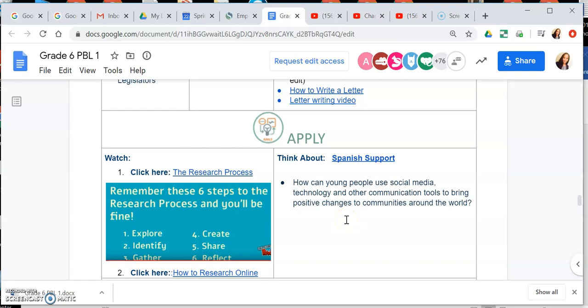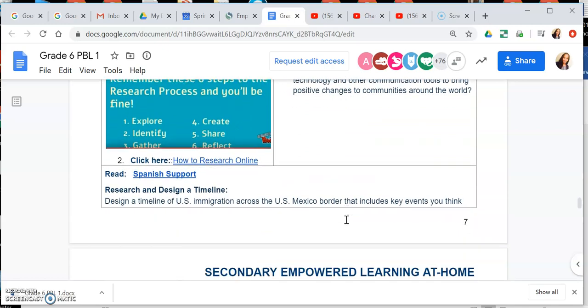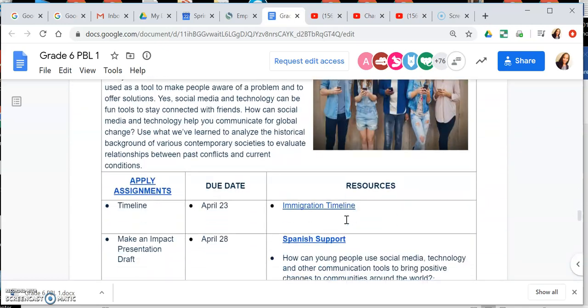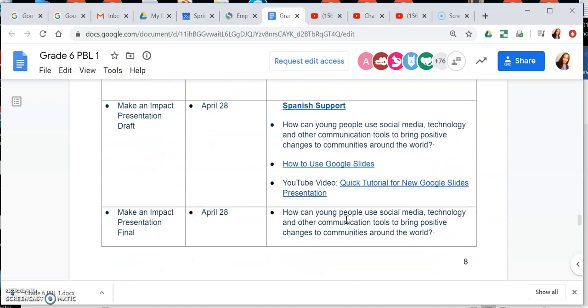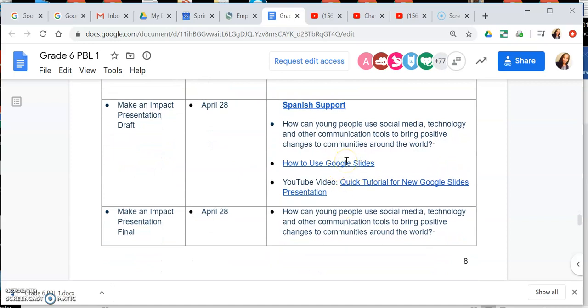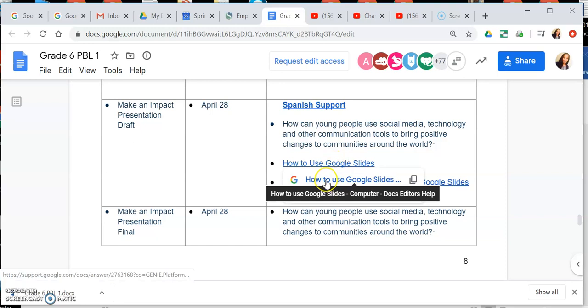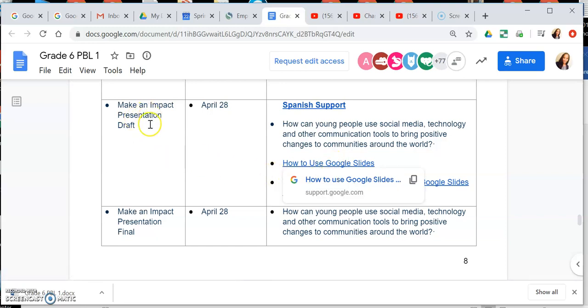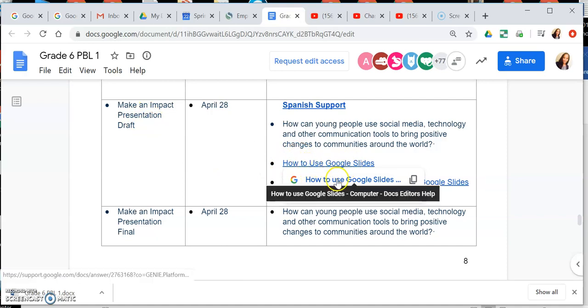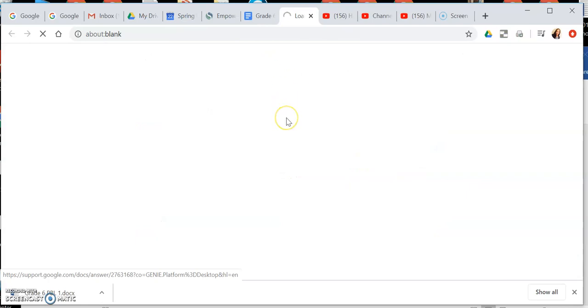Now we're going to talk about the overall organization and formatting of the presentation itself. So remember, this presentation is being put together as a Google Slide PowerPoint. So the first thing I'm going to show you in this video is how to access Google Slides according to the step-by-step instructions that we find here. So under the resources for Make an Impact Presentation, you see this link, how to use Google Slides. I'm just going to go ahead and click this, and it's going to open in a new window